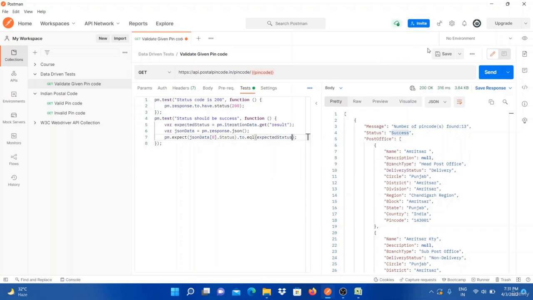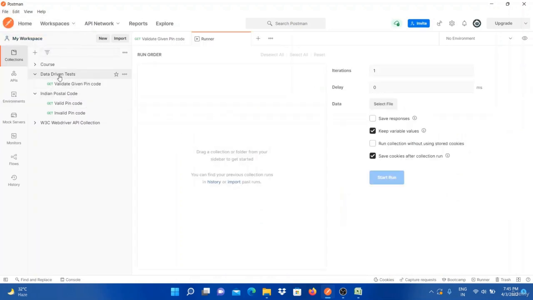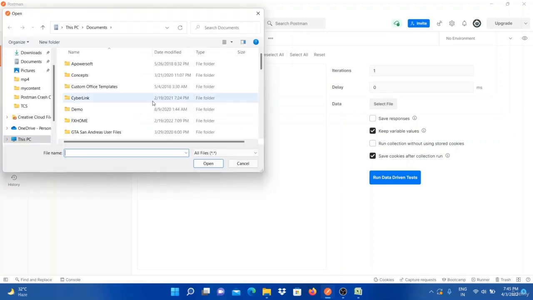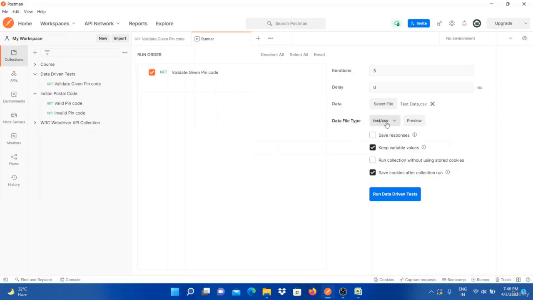Now let's quickly save this collection, and then in the next video, we'll see how we can run it through collection runner. Now let's quickly open the collection runner by navigating to the file menu and then new runner tab. Here we'll select the data driven test collection, and then we will select the data file with which we want to integrate this collection. Now if you notice, the format of the data file has been automatically set to CSV in our case,